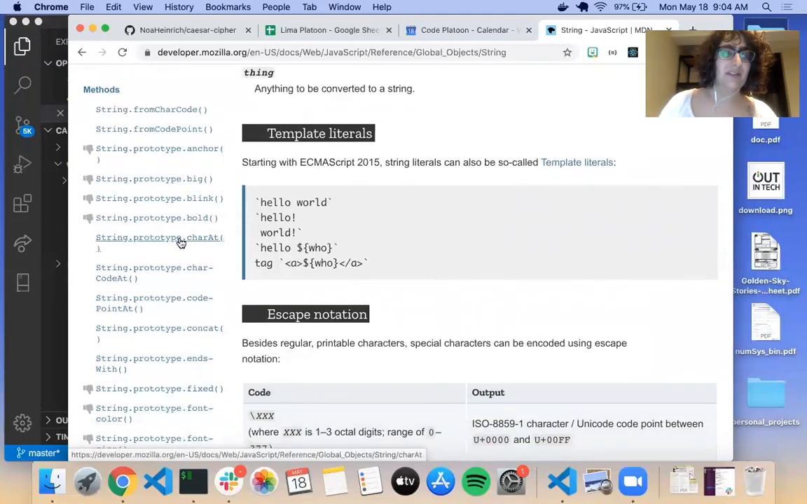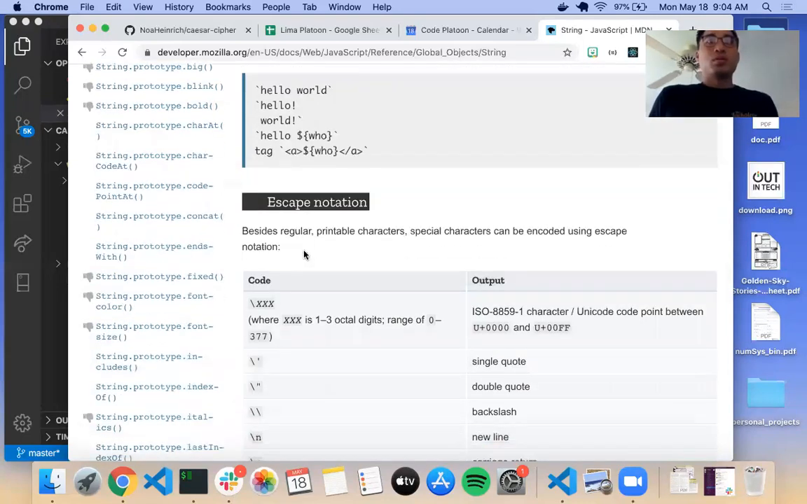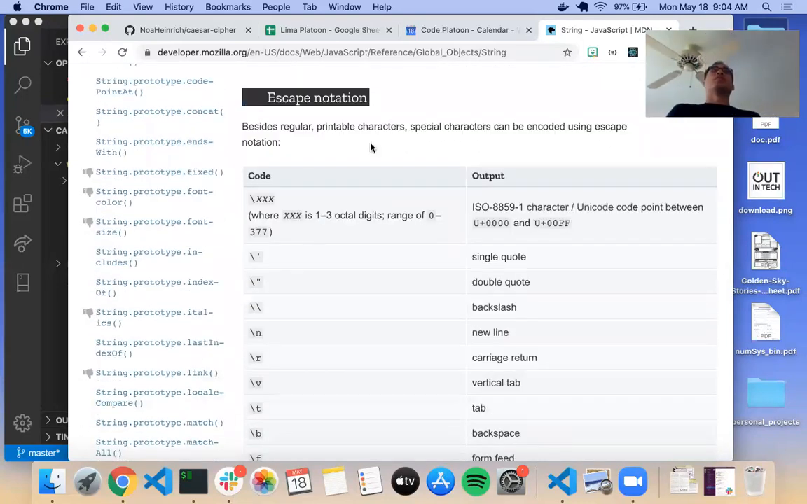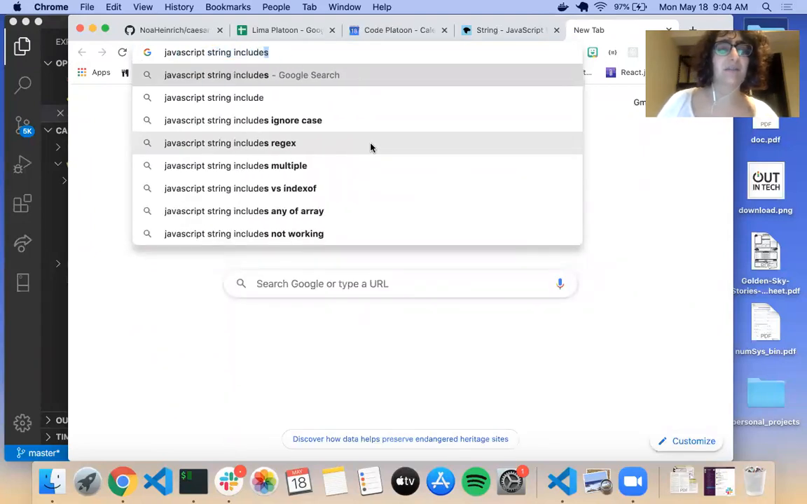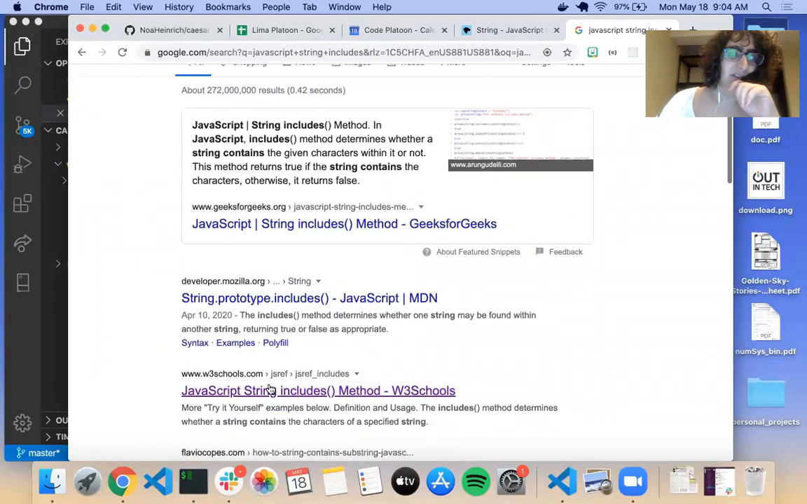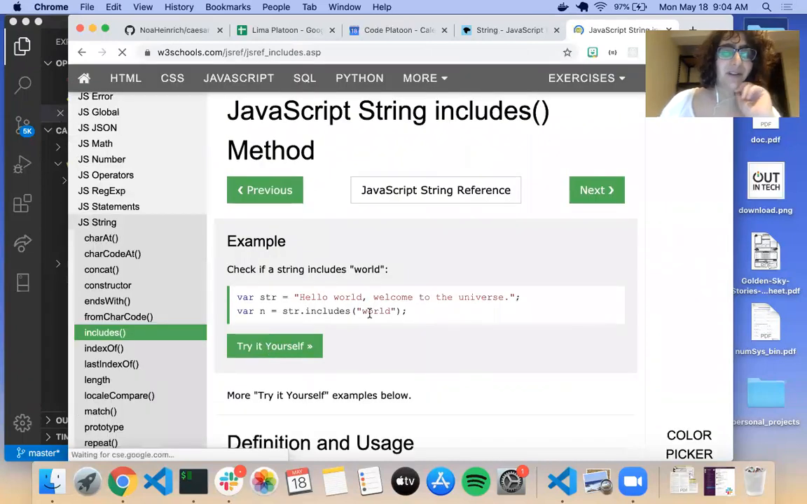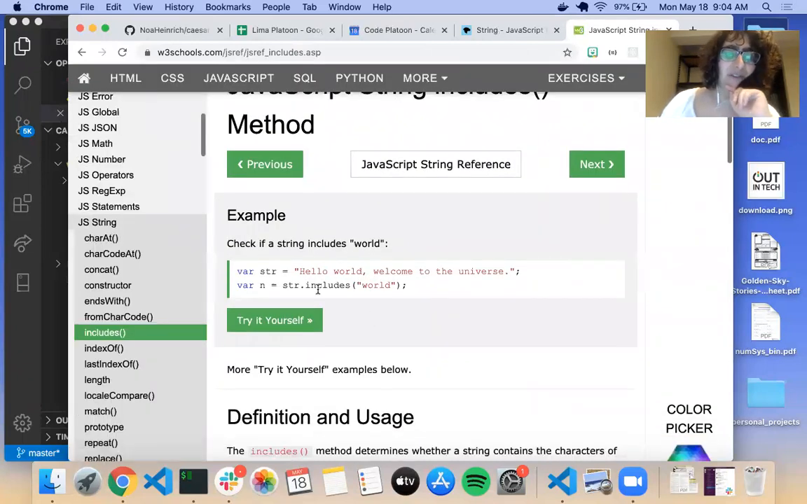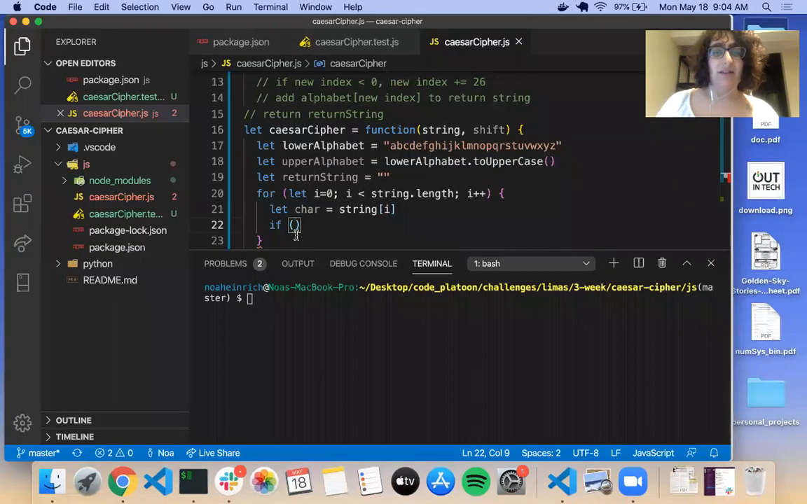So let's take a look at some of the methods. Dot includes? Is that for arrays? Let's try it out. Sometimes things that work for arrays work for JavaScript strings. Looks like here that there is a JavaScript string includes method. So yep, we can just do dot includes. So we could say if lower alphabet dot includes char,